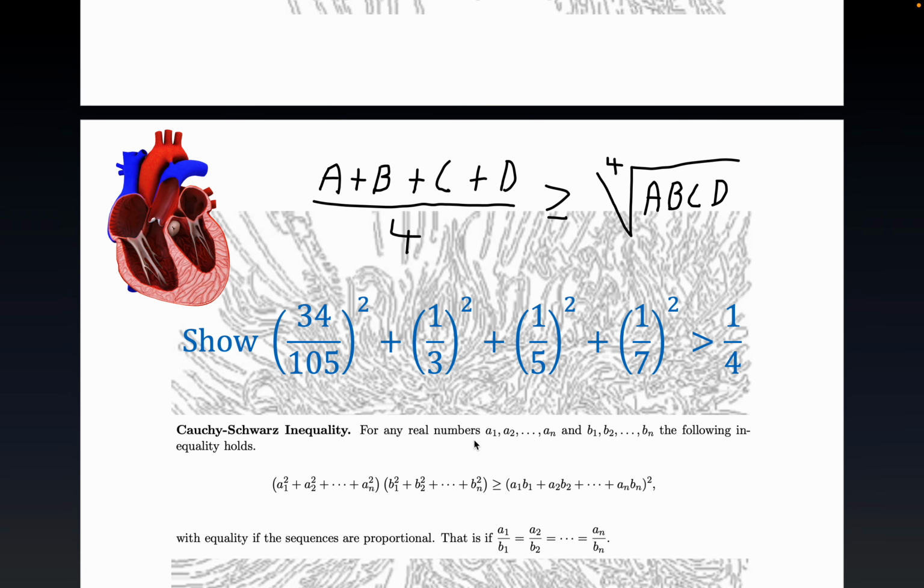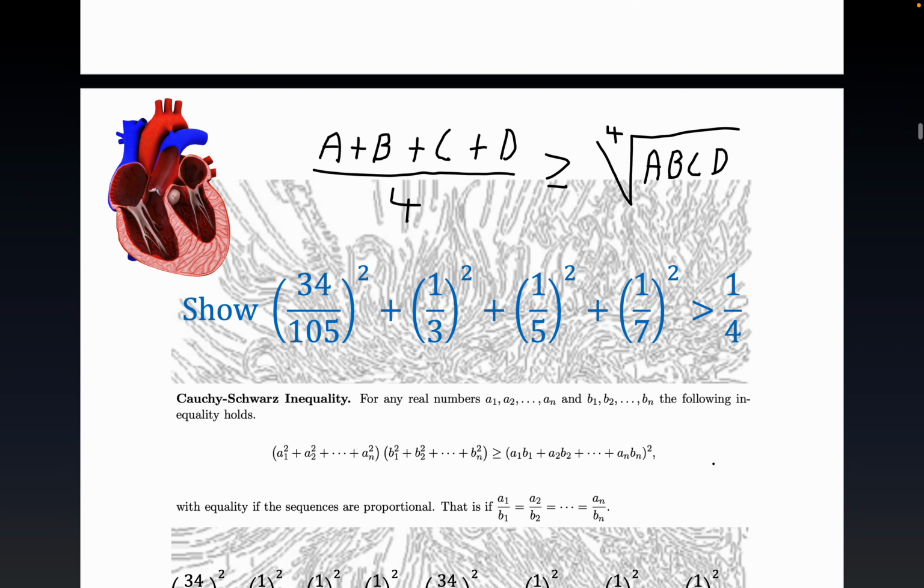Now it holds for any real numbers at all. You don't have to worry about the sign of the real numbers. And here's one of the statements of the Cauchy-Schwarz inequality. This is its formulation for real numbers. It has a formulation in terms of vectors also. Now, notice that I put strictly greater right here, and right down here we have greater than or equal to. Now notice there is an equality condition, and that's if all of the coordinates have quotients that are equal